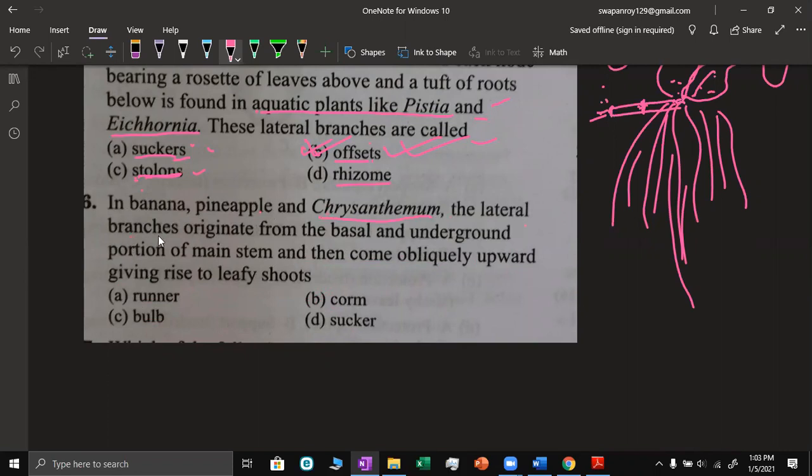The lateral branches originate from the basal and underground portion of the main stem and then come obliquely upward. Okay, this is the characteristic feature, that they come obliquely upward, giving rise to a leafy shoot, and this is known as sucker. Okay, this is a subaerial modification. So in banana, pineapple, and